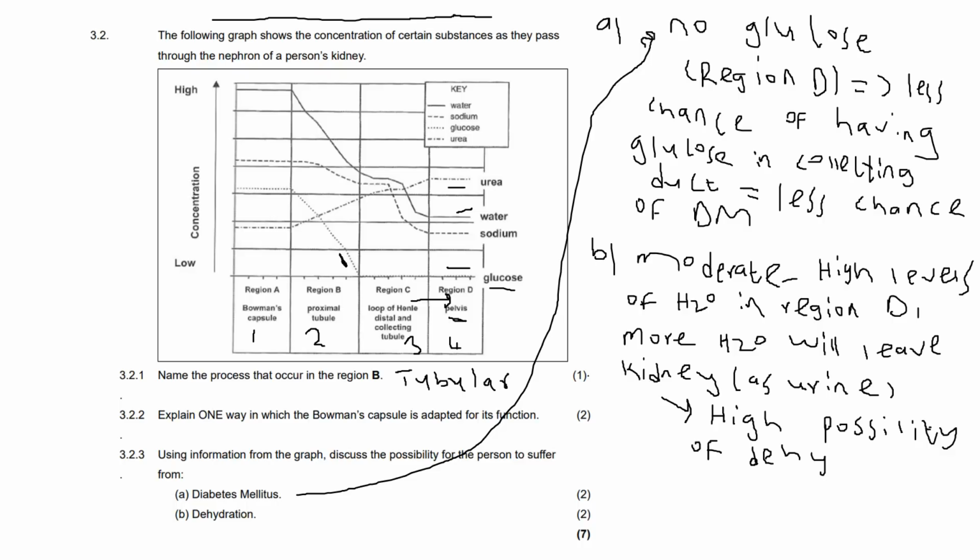So they ask us about diabetes and also dehydration. For diabetes, there's less chance of it happening here because there's less glucose at the end. But for dehydration, it's high because water is a bit high at the end. If glucose was also high here at region 4, this person has a big chance of ending up having diabetes because there's so much glucose in their blood. Here they've got less of it, but the water is still high. I mean, they've got too much water in them. So that would be the answer for letter